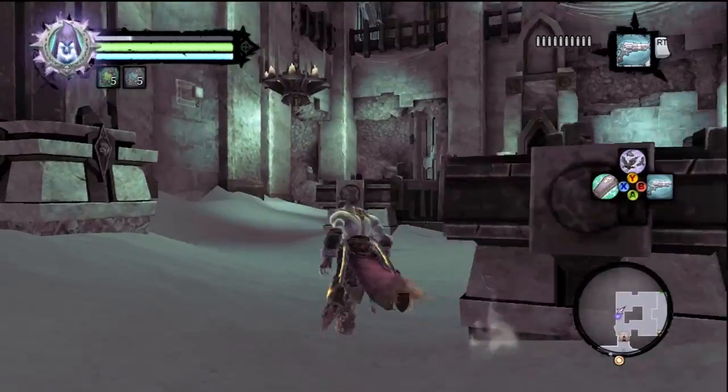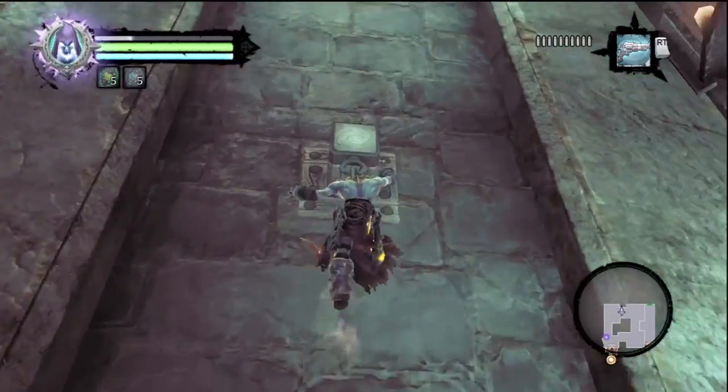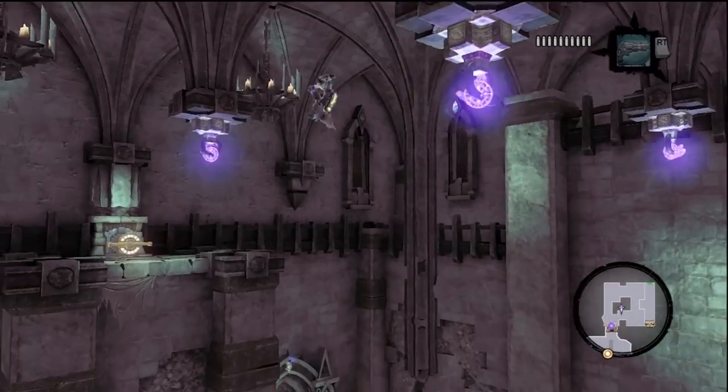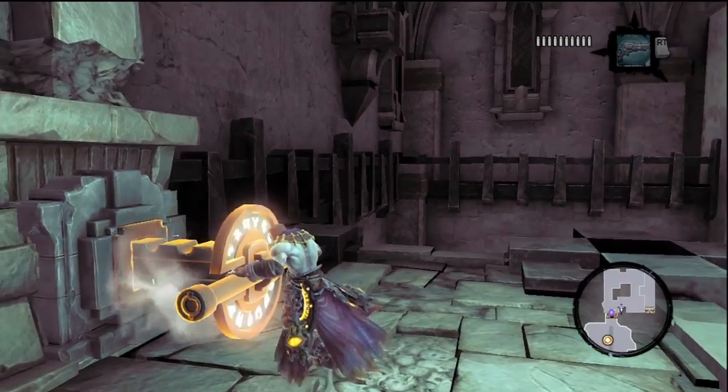Which is up here. You can also hit the switch and all that kind of stuff. However, I'm not going to do that, just because I want to save it for when we actually come through here. And there's also a chest you could theoretically grab before having to do anything in the Soul Arbiter's place. But if you hit the switch,